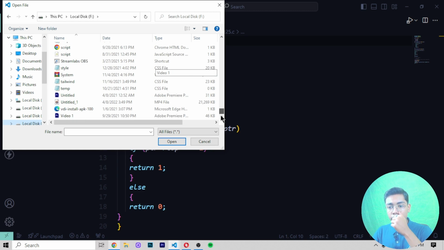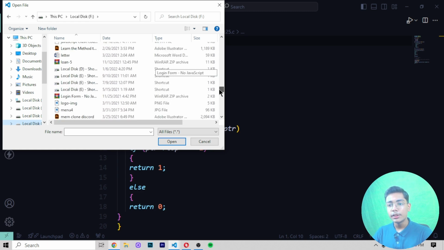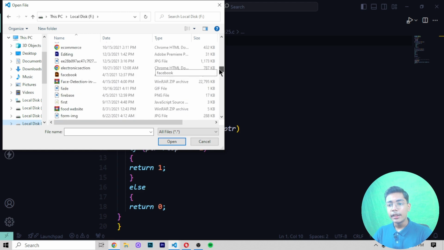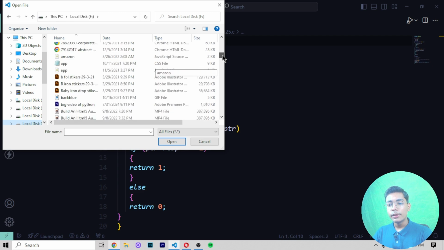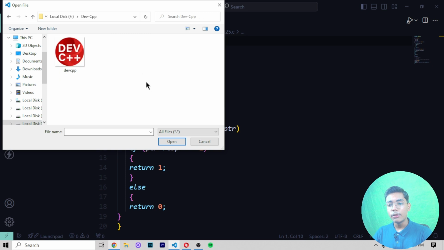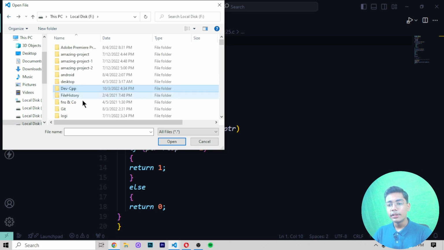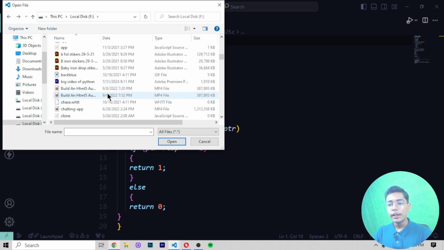Now if I move down, or you can say at the top, here you will see .cpp. You can write it to check the file which is saved in the C++ format, or you can also save the file in the normal desktop format as you want. Like we have downloaded this Dev-C++. So this is the Dev-C++ IDE which you can use to create all these things.